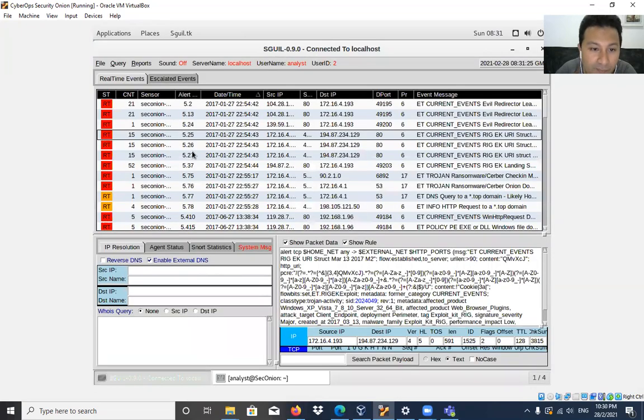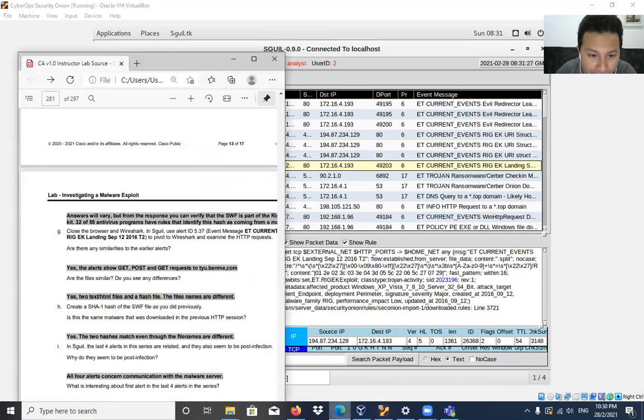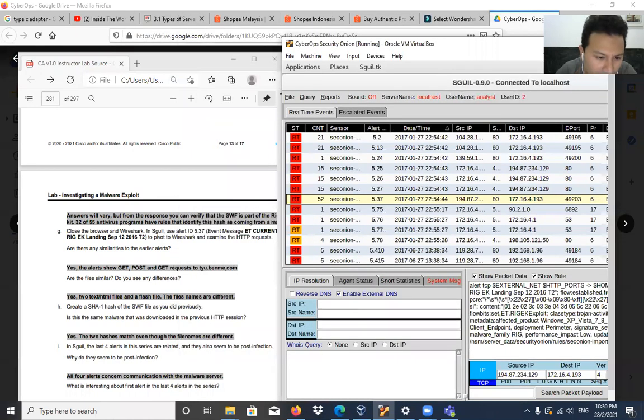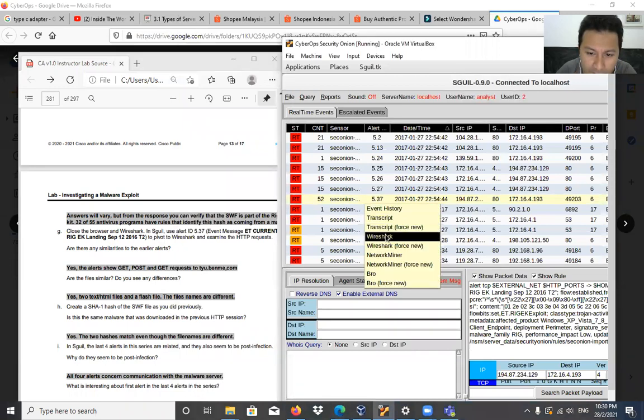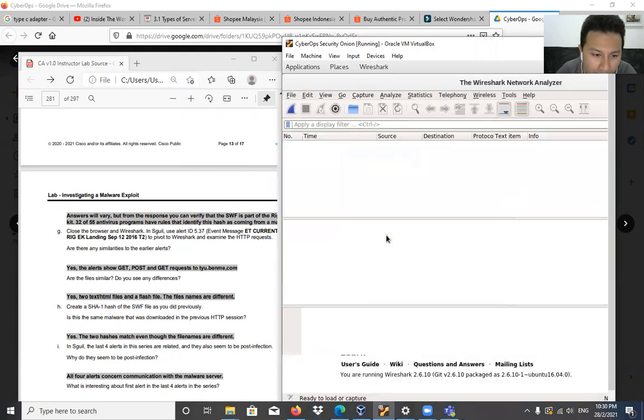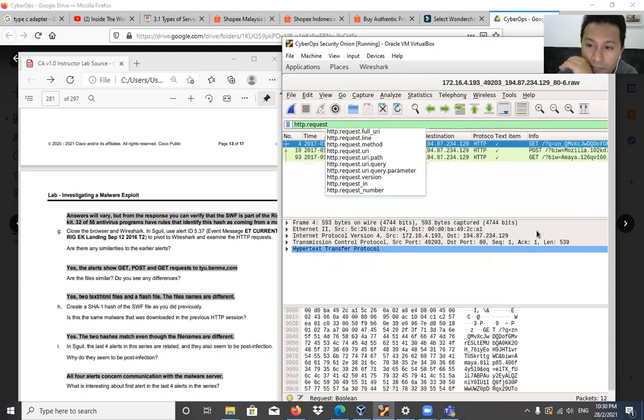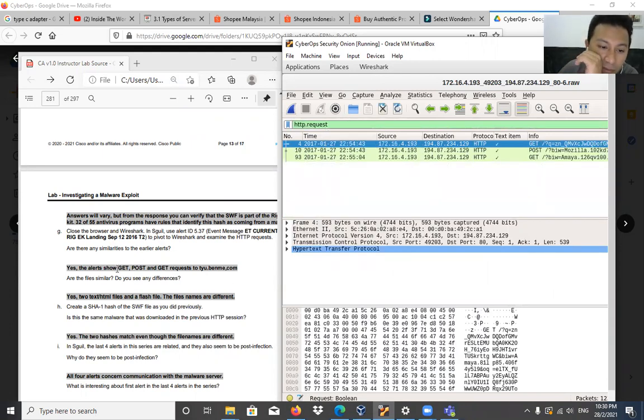Okay, Wireshark. Let's see this request. So we also get the same alerts, GET and POST requests to